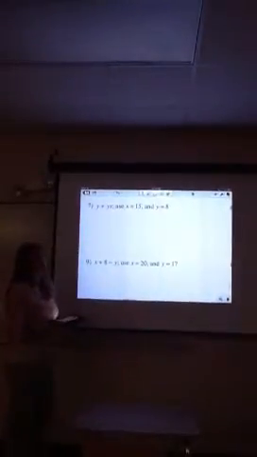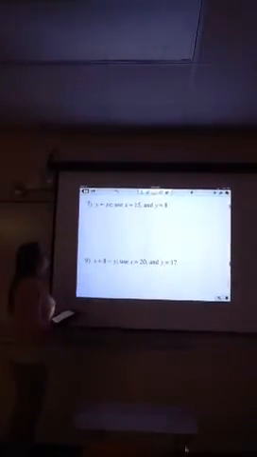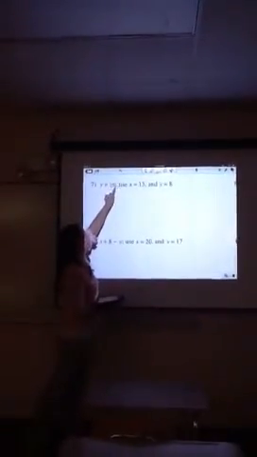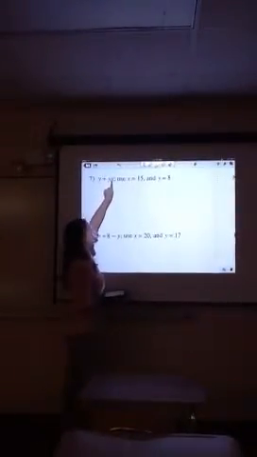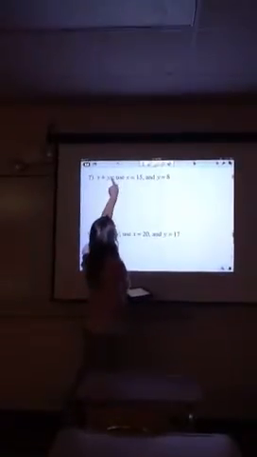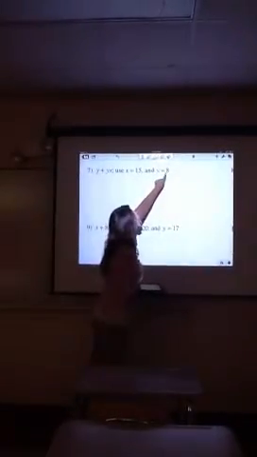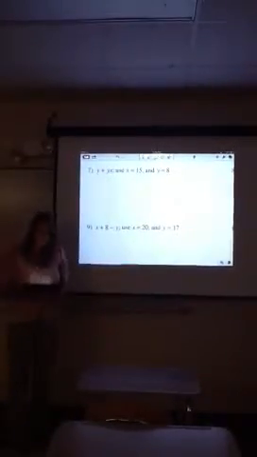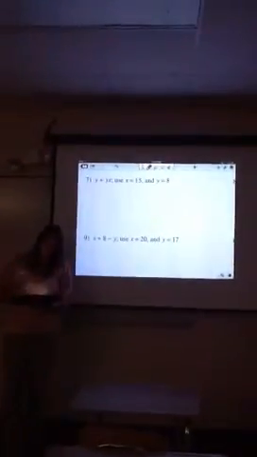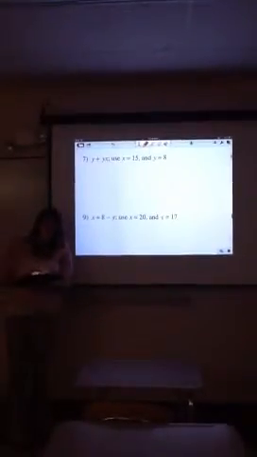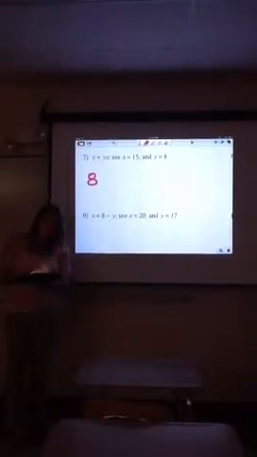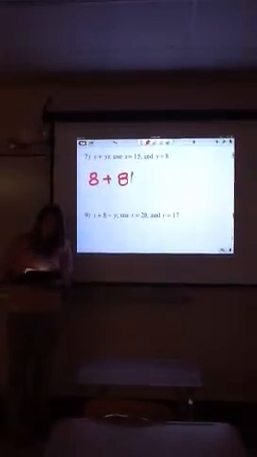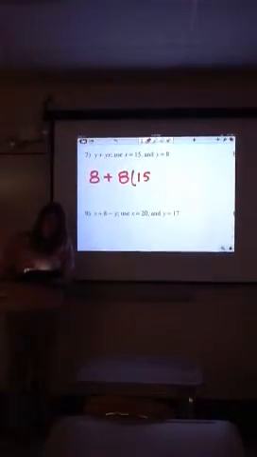Number 7, just going right down the worksheet here. We have y plus y times x. These two variables here, that means multiplication. So x equals 15, I'll plug that in here, and y equals 8. I have 2 different places where I'm plugging that in to evaluate this. Okay, so first I'll rewrite it. I have an 8 where the first y is, another 8 where the second y is, and then a 15